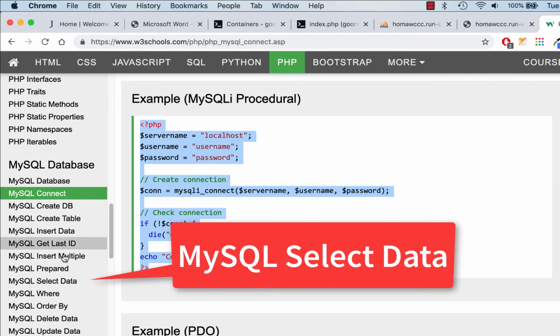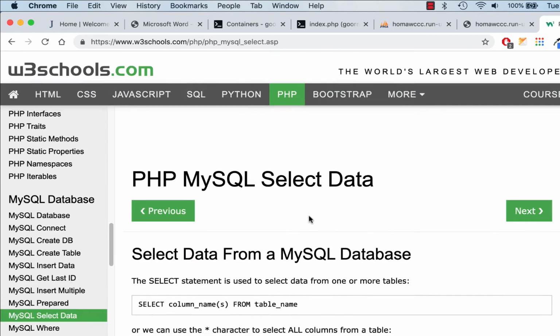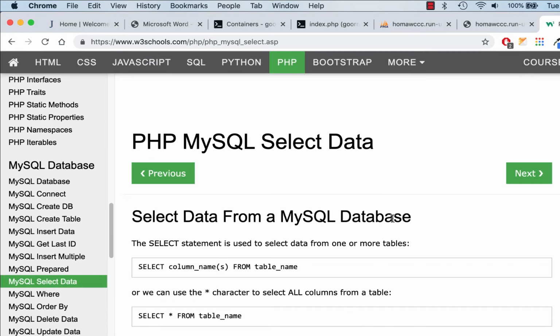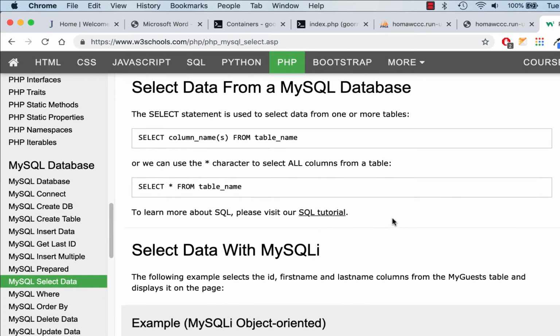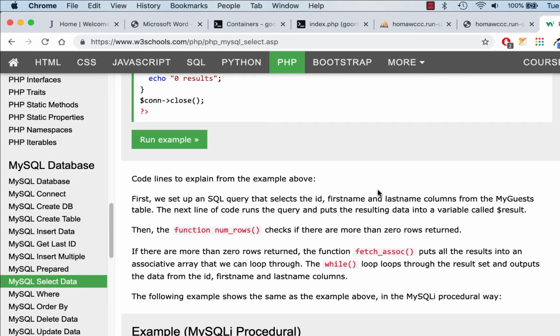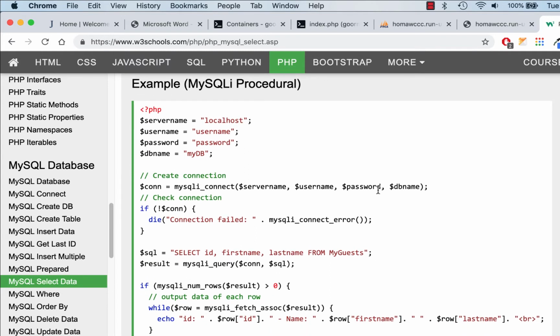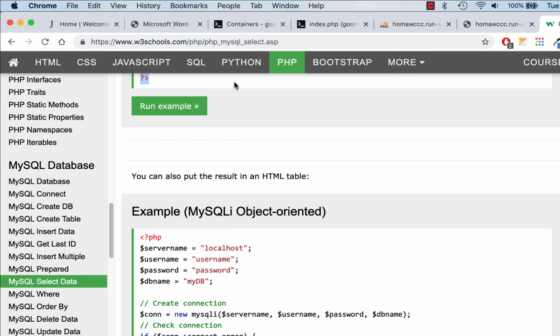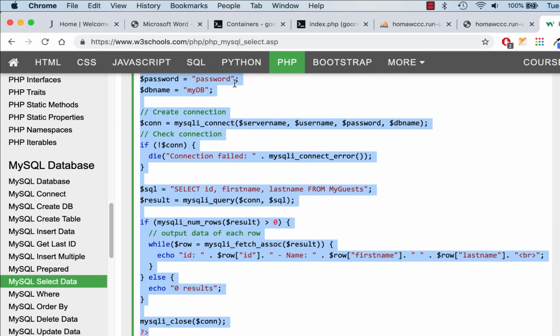So in the same area, if you just go down to MySQL select data, and then once again, it says select data from a MySQL database. That's what we're going to do. And we'll be using SQL code in here, but what you're going to do is scroll down and once again, look for the procedural one. Now, this is a little more detailed, and we're going to work with this a little bit, but highlight the whole thing. The MySQLi procedural, highlight the whole thing, and not the whole page, but just this part here,